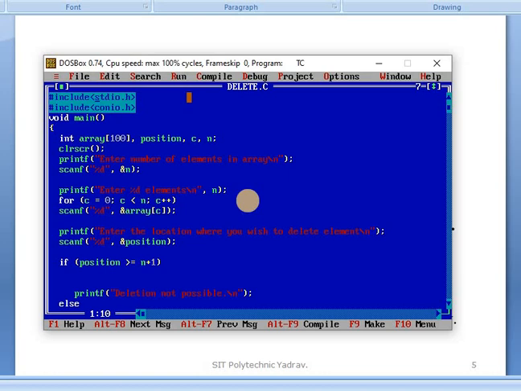See that: stdio.h and conio.h are the header files. void main is the function. These are the array and position variables, the variable declaration. This is clrscr: the output screen is cleared. The message is displayed: enter number of elements in an array.